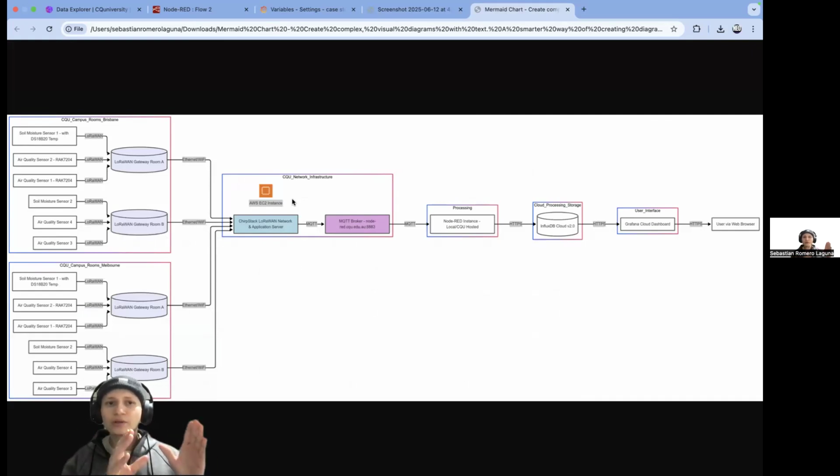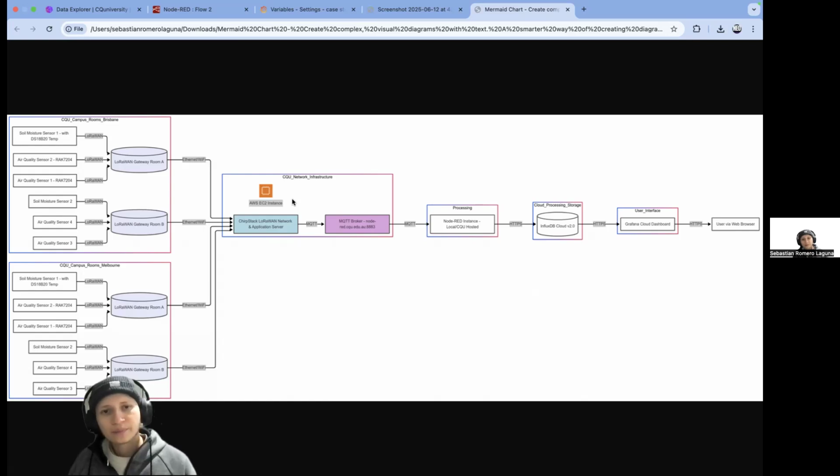We have the CQU campuses. We got two campuses, and then we have different environmental air quality sensors or soil moisture sensors, which connect to